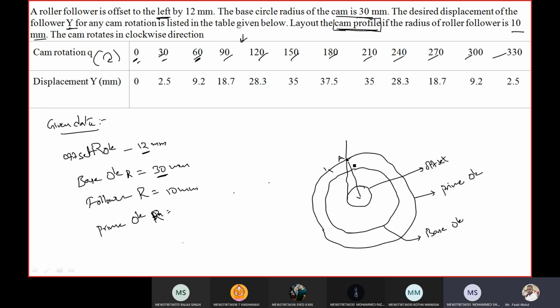I will explain, so first listen. There is no use of the base circle here. First start with the A point. First is 0 degree, that is 0 shown in the table. Then next is 30 degrees, means measure 30 degrees from here, with the center as this one.